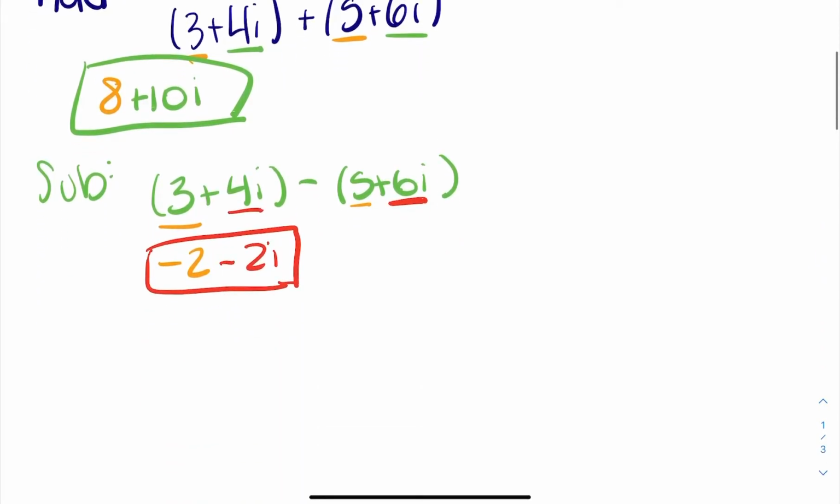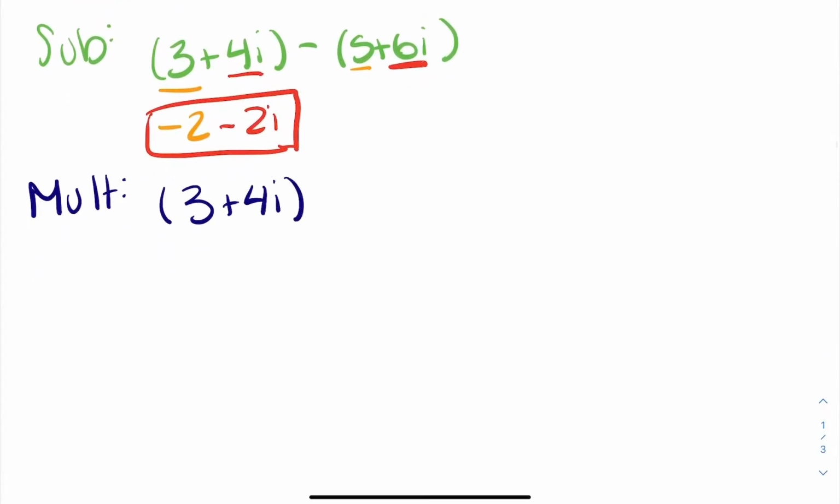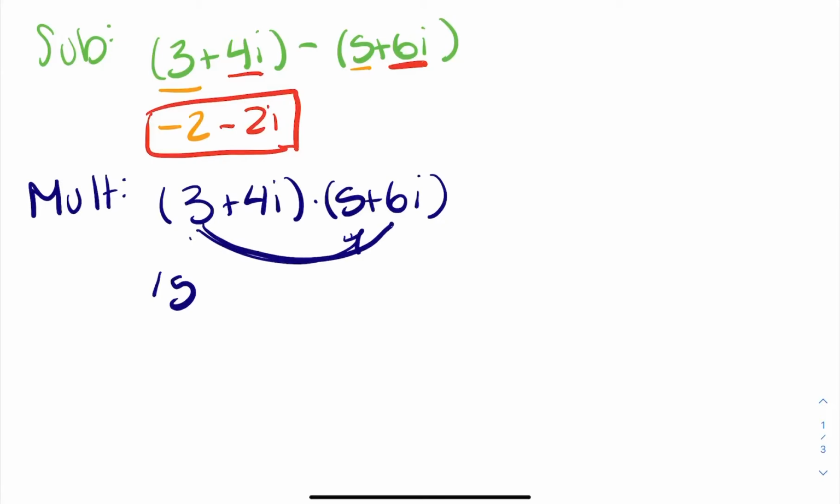So multiplying is a little bit different, but it's very similar to how you would normally FOIL out a problem. So again, let's use this example. 3 plus 4i times 5 plus 6i. And you could use whatever method you like to distribute. I personally like the rainbow method. So 3 times 5 is 15. 3 times 6i is 18i. 4i times 5 is 20i. And then 4i times 6i is